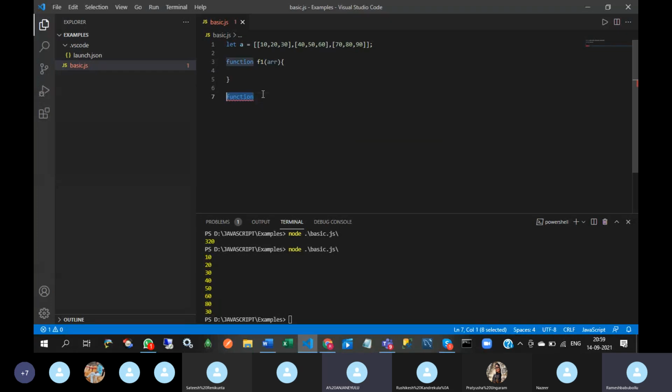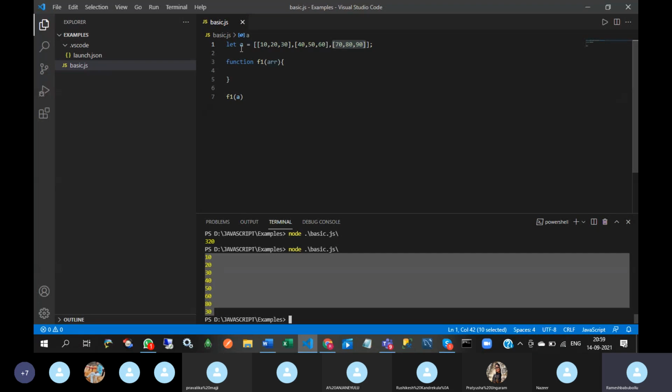So this is multi-dimensional. This one is like the external array. In this, one element is also another array. This is another element, which is also another array. Okay. So in this, I want to fetch all elements and display them like this. So how to display? I am going to pass this multi-dimensional array to this function. See this.